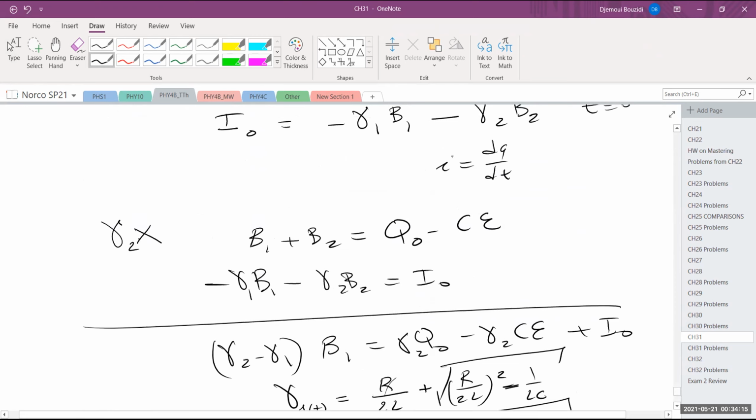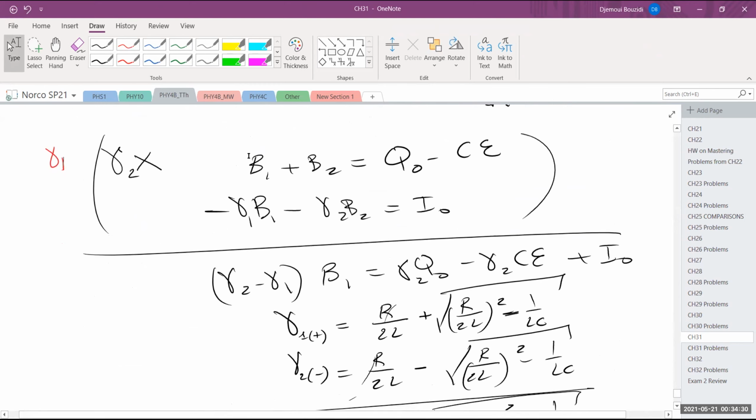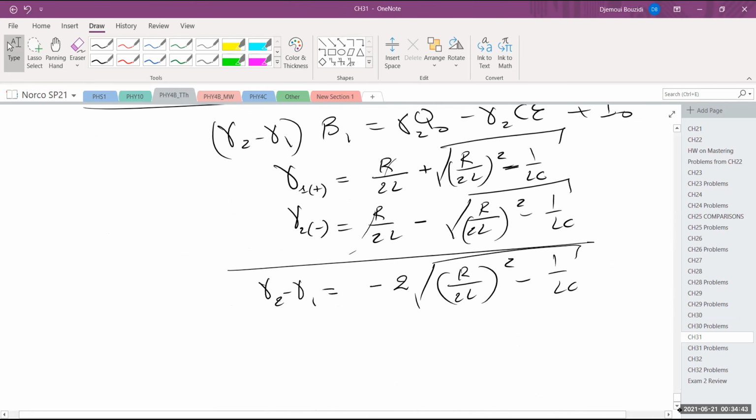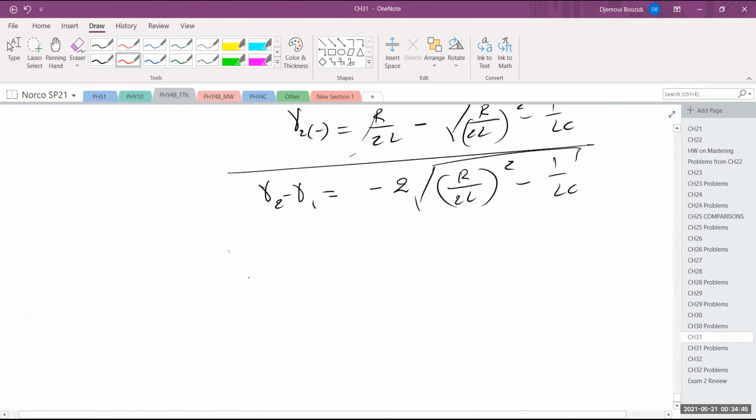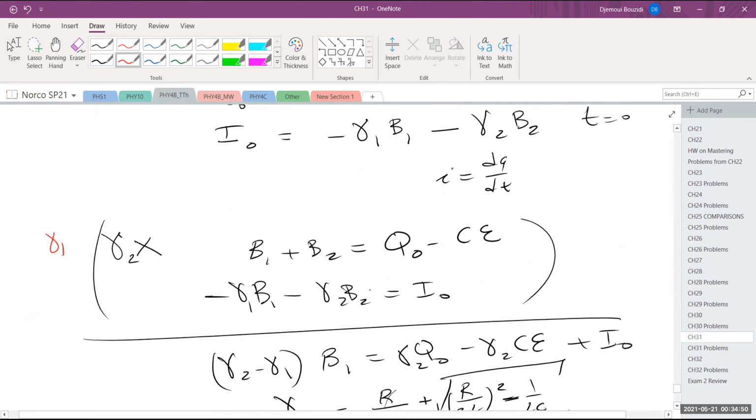We take this equation now for the next step. So this is step 1. Step 2, to find the other value, we can take the first equation and actually multiply it by gamma 1 instead and add them up side by side. If we do that, this term will have a gamma 1 in it times B1, and this term will have a negative gamma 1 times B1. So they will cancel when I add them up, but they will have gamma 1 minus gamma 2. So we'll have the same thing, except the signs will be different. So we'll have gamma 1 minus gamma 2 is equal to, on one side,